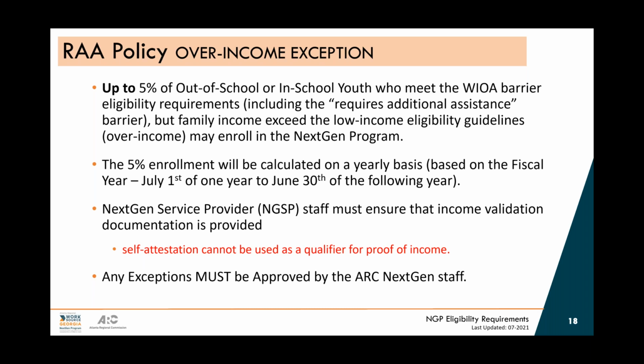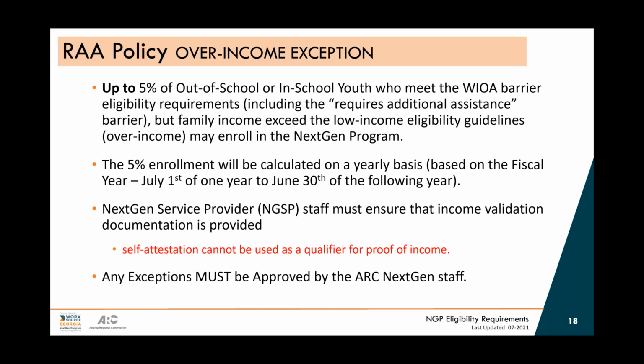So we'd have to put all the numbers of our in-school youth. We're not recruiting for them, but we do have in-school youth. So we'd have to calculate all the numbers for our in-school youth, calculate how many people we have in RAA under the out-of-school youth, and then compare that to how many participants we have altogether, and it should only be 5% of them that fall under the RAA that are over income,